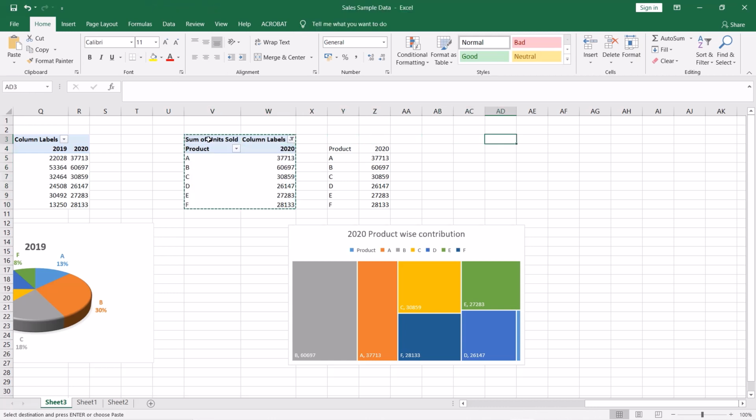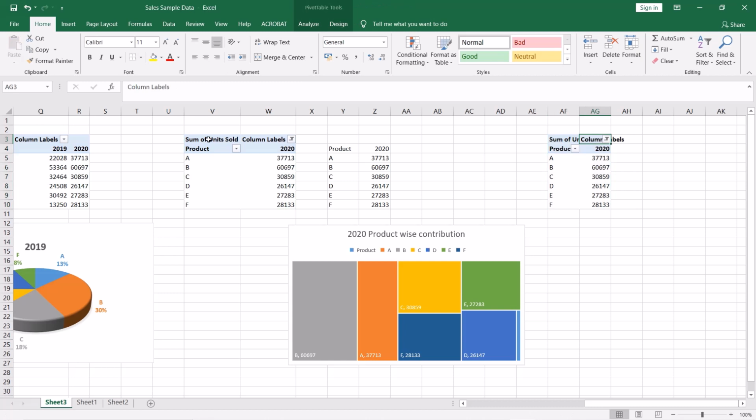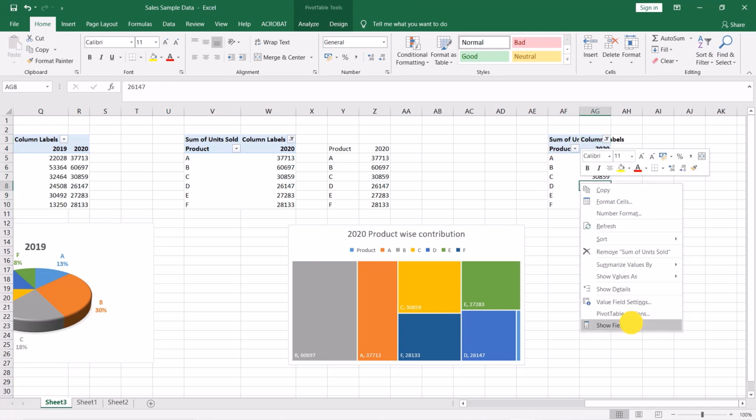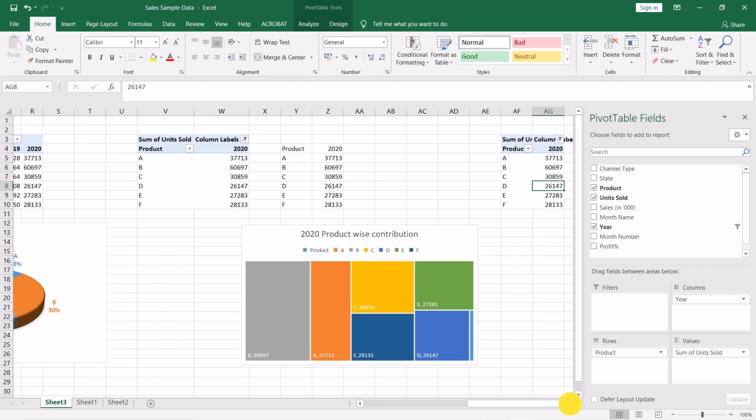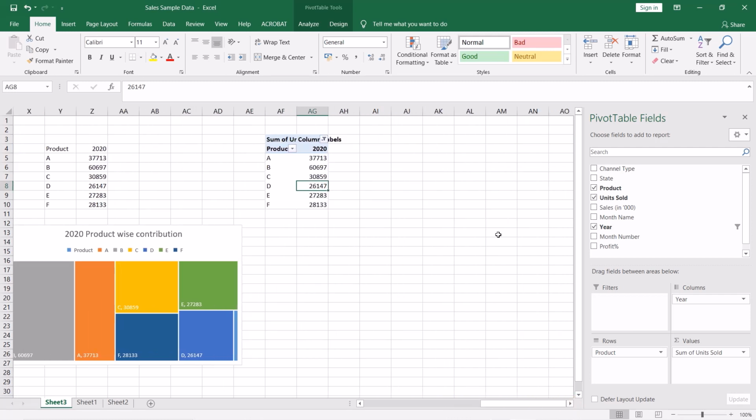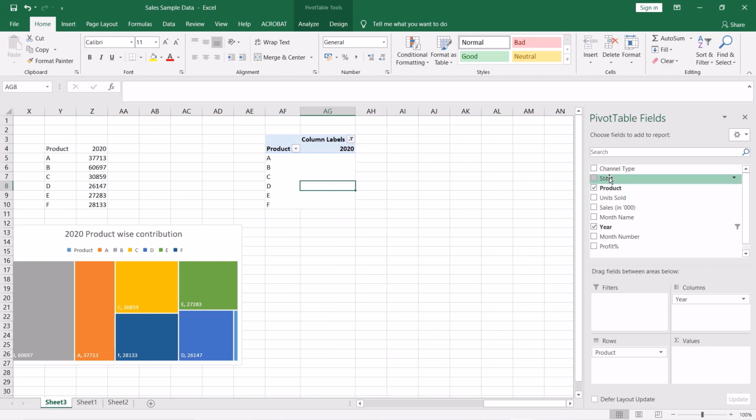We are taking the same pivot. Here we will check state wise, product wise sales.